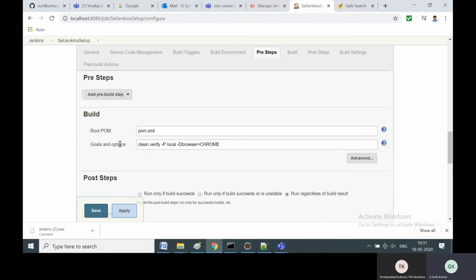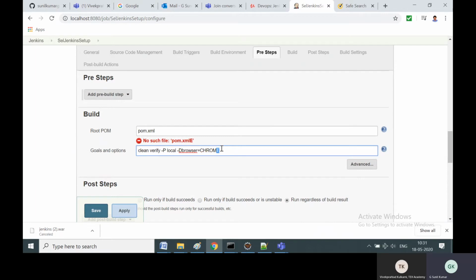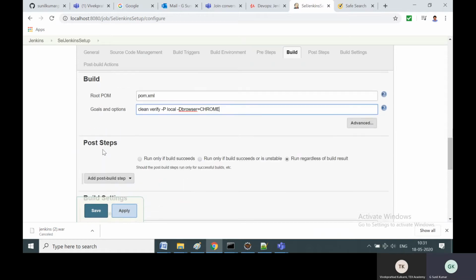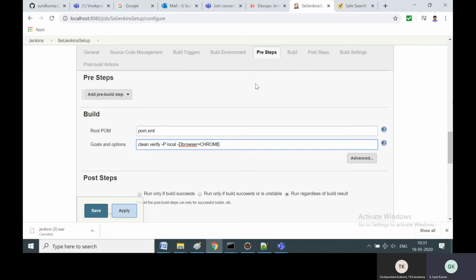Just copy ditto, because in our project I have already enabled the profiles and the browser values in the pom file. So you can directly copy this command, and paste it in your Jenkins job, that is Selenium Jenkins setup in your system.